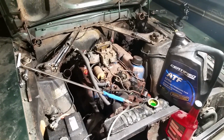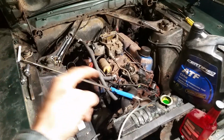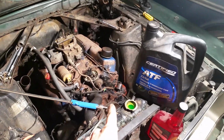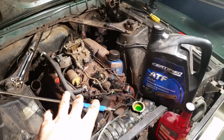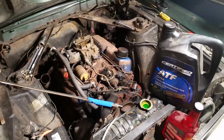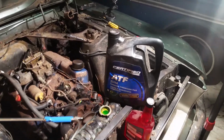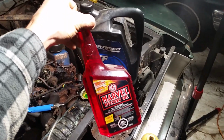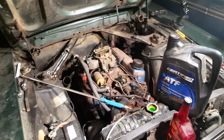All right, so similar to the Cougar video, I'm going to be using this sprayer with the 90 elbow, and that hose basically goes into the bottle, and with the help of a compressor, uses the Venturi effect, pulls in the fluid, and fogs all the cylinders. So what we're going to be using is some ATF, which is automatic transmission fluid, and we might even use some of the good stuff right there, some of the Marvel Mystery Oil,